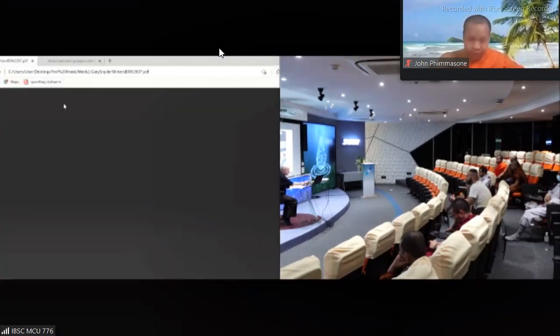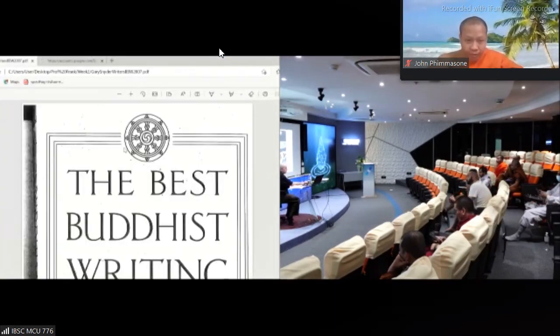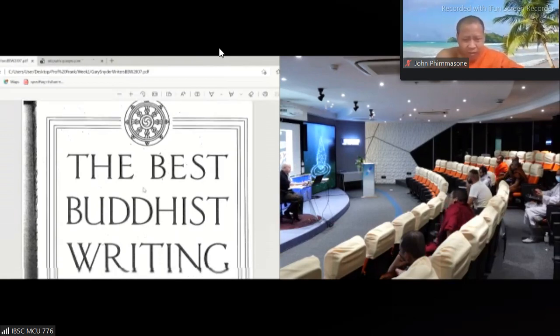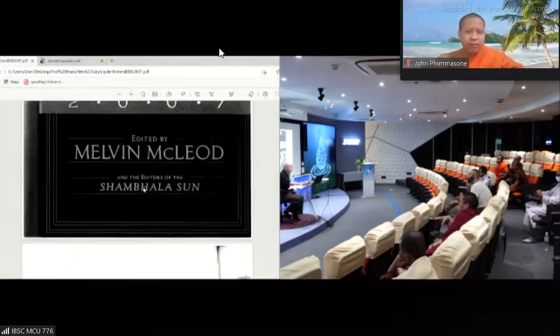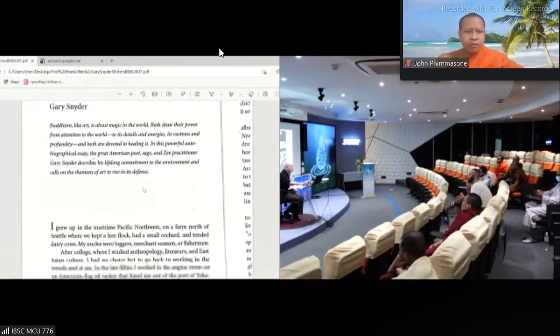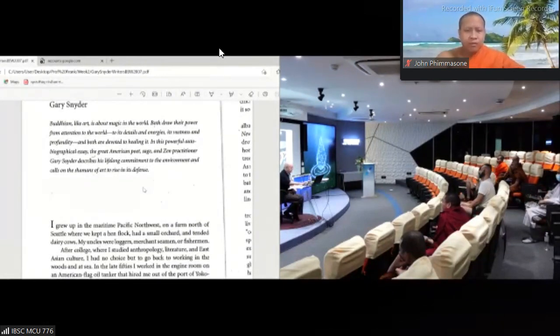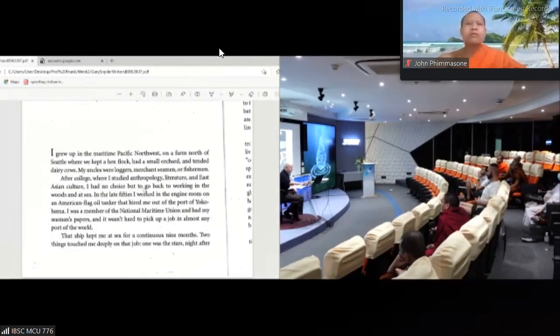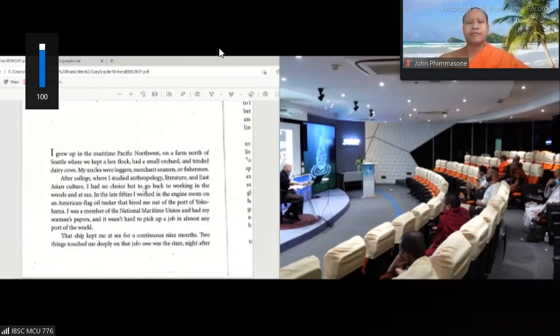This one, I didn't show you the detail of, but I want to point to several features of it in 4 minutes that will enable you to get excited about the reading. Gary Snyder, American Buddhist poet, started by being raised as a farmer and a lumberjack.